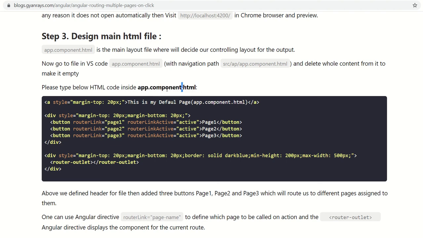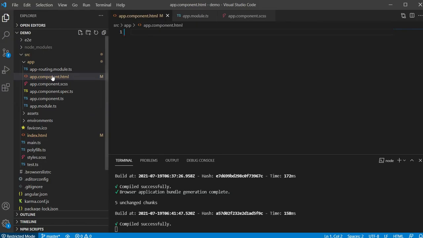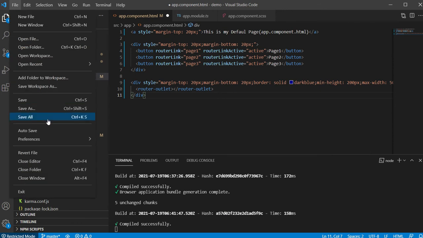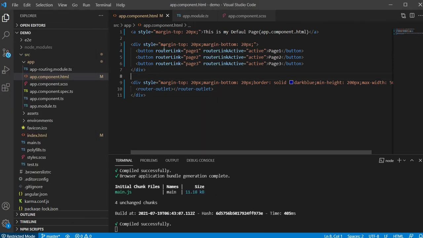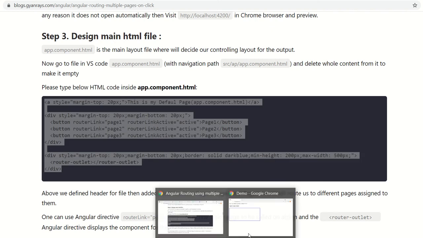This file will have nothing except the page controller. So this is the code which you can copy and paste in your app.component.html file. Don't worry, I am going to explain everything in detail. Now I execute the changes and we see how the output looks.